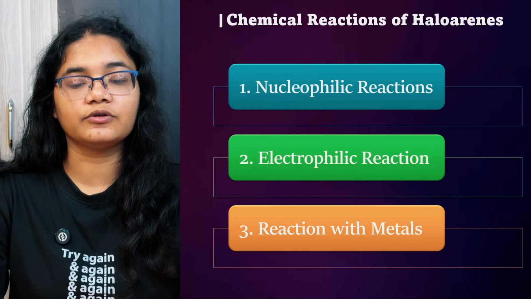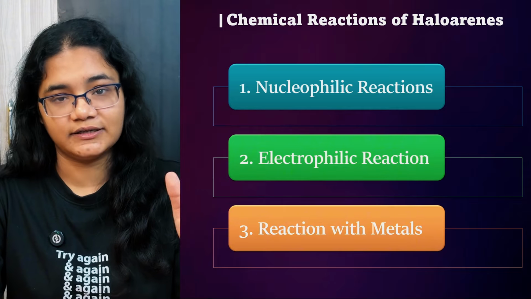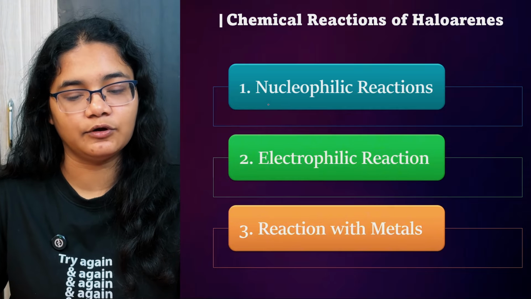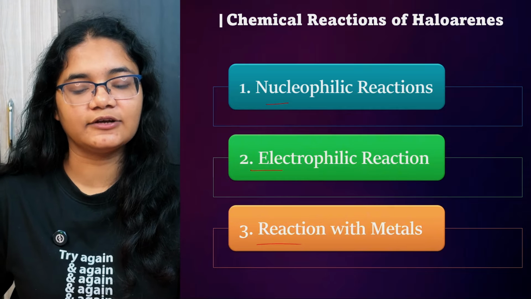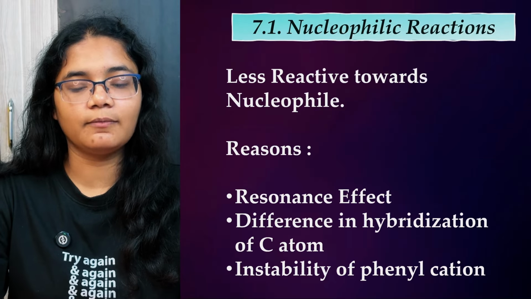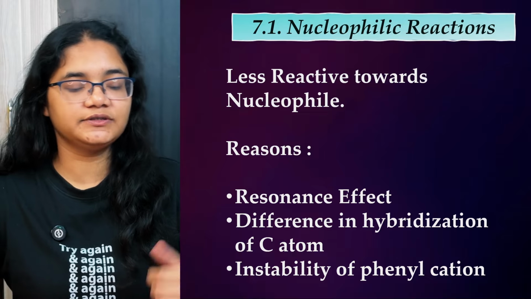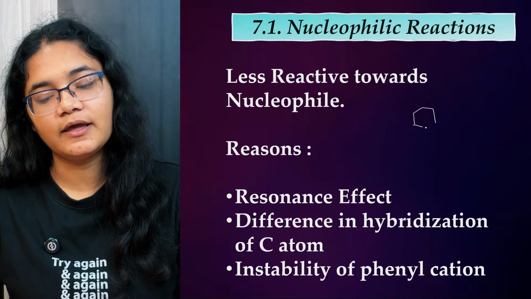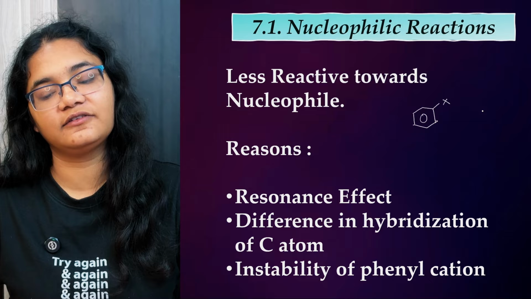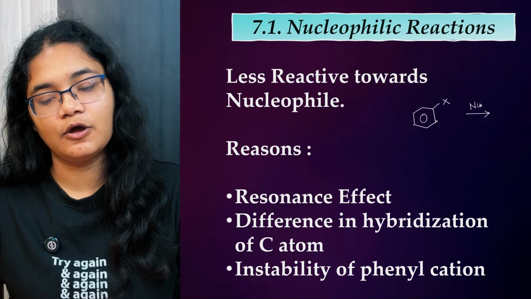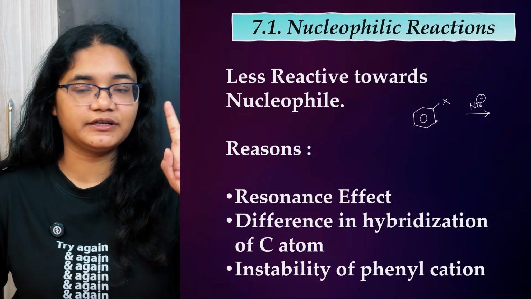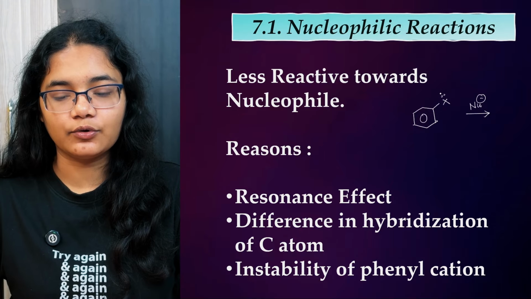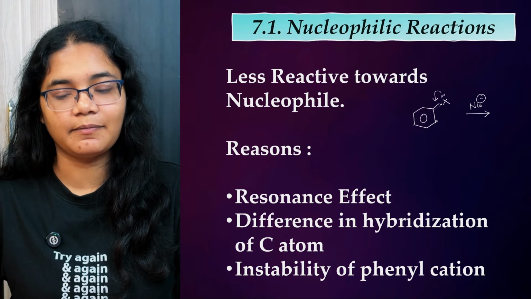Now we will talk about the chemical reactions of haloarenes. Almost similar reactions we have: nucleophilic, electrophilic, and reaction with metal. If I first talk about nucleophilic substitution reactions, haloarenes are very less reactive towards a nucleophile. What is the reason for that? The first reason is that in this particular group there is resonance, there is a partial double bond